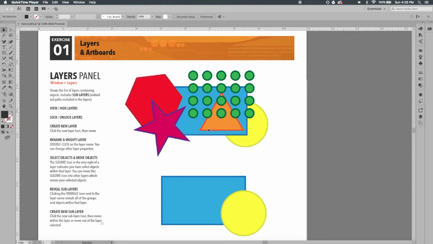Welcome to exercise 1, working with layers and artboards. Now before we start drawing, it's a good idea to know about the layers that we're working with and the artboards that we have currently. So hopefully by now you've learned how to navigate within the Illustrator interface and you're a little bit comfortable inside